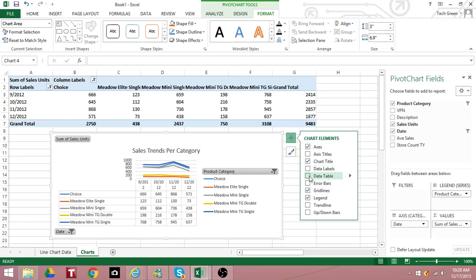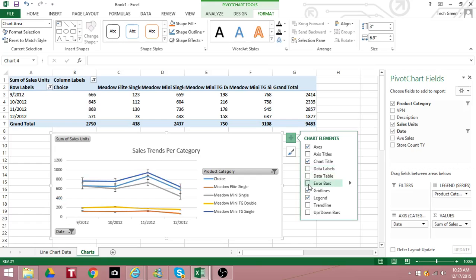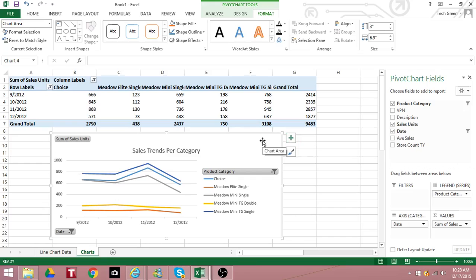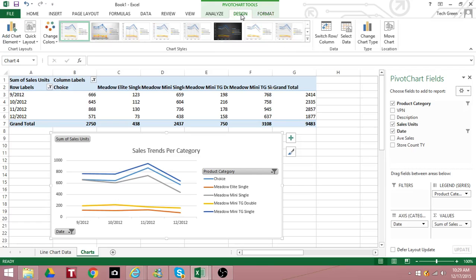You can also change the data, create a table if you really wanted to. I'm not going to do that. Error bars. So there are different things you can really do with this chart. I like the chart the way it is, so I'm going to leave it as is. But I want to create a nice visual effect because I'm going to take this chart and put it in a PowerPoint presentation. So I'm going to click on design and see what nice little designs I can add to